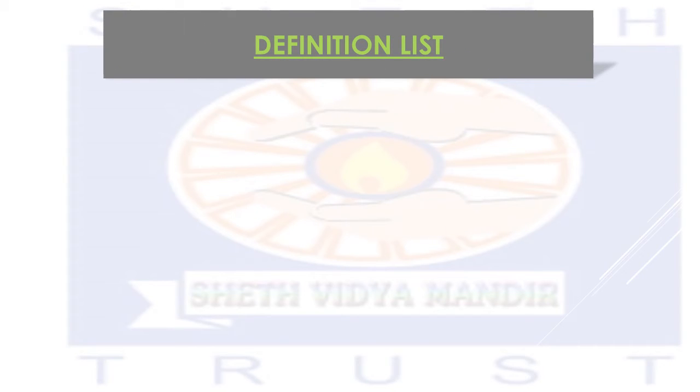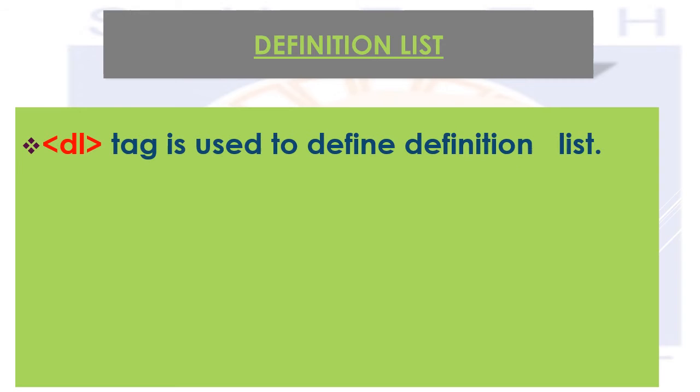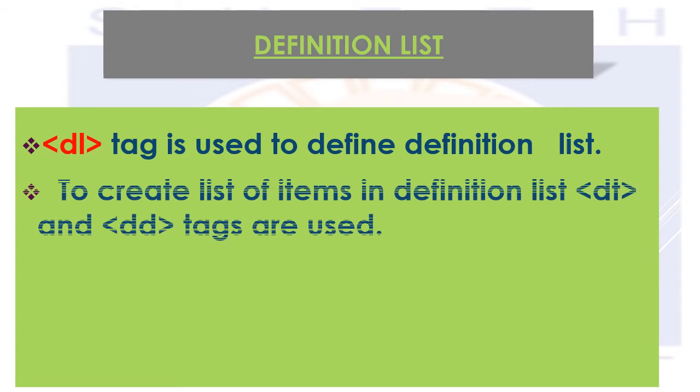After the ordered and unordered list, we come to the next topic, which is called the definition list. Definition list means what? Here you are using the DL tag for the definition list. For example, suppose you want to prepare a list of items. You are going to DMart and want to prepare a list of grocery items. When you type this heading, grocery, and under that you type the items, how you put that grocery heading is called the definition list, right? The DL tag is used to define the definition list.